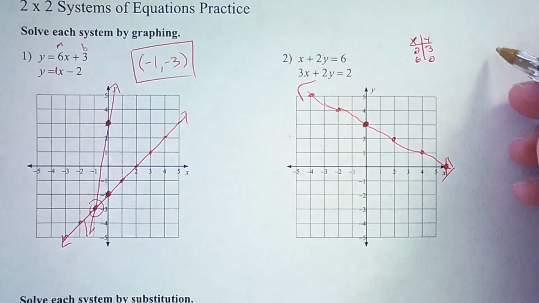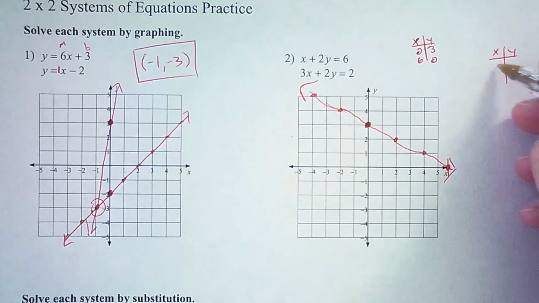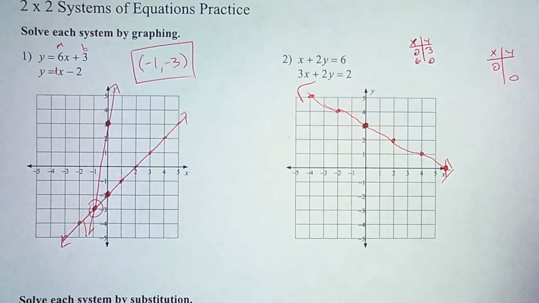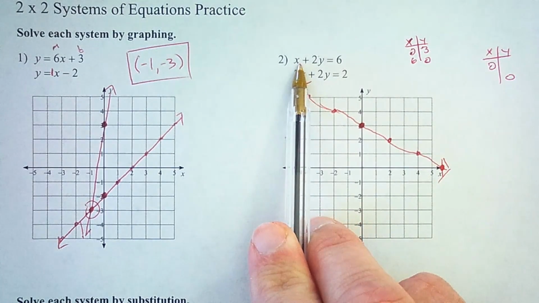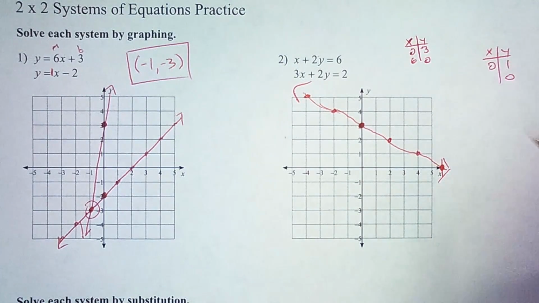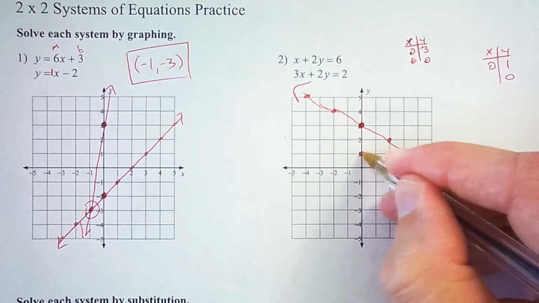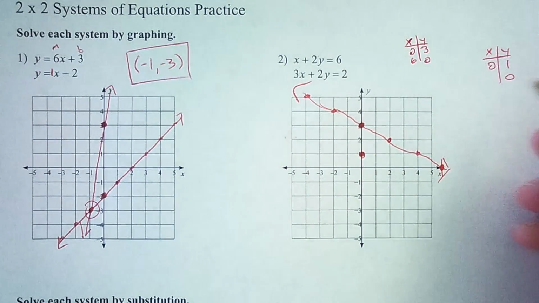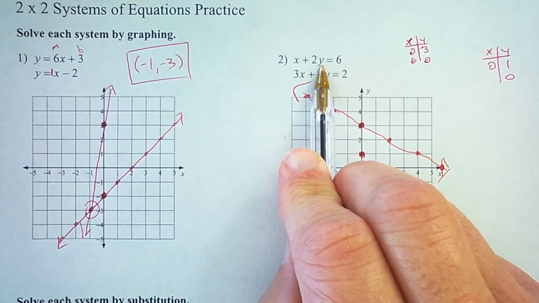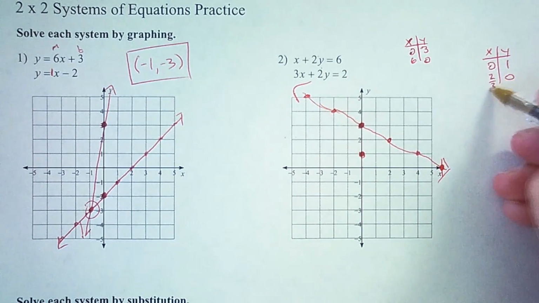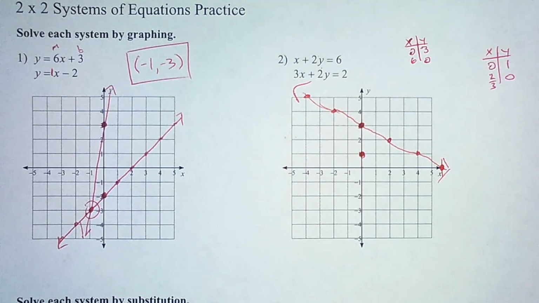So the next line, when I put in a 0 for x and I divide, I get 2y equals 2, so y equals 1. So (0, 1). And when I put in a 0 for y, I get 3x equals 2, and when I divide, I get 2/3. (2/3, 0) is going to be difficult to graph, so I think we might have to put this one